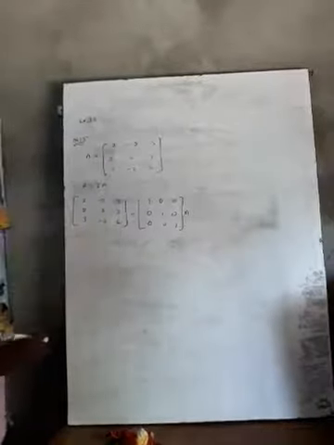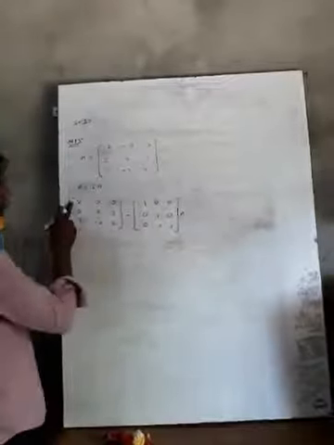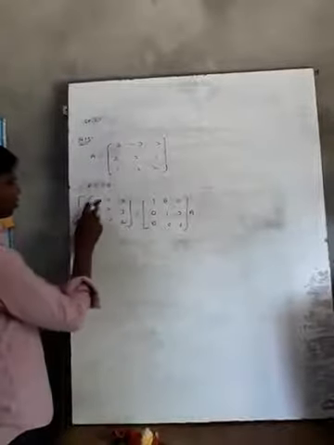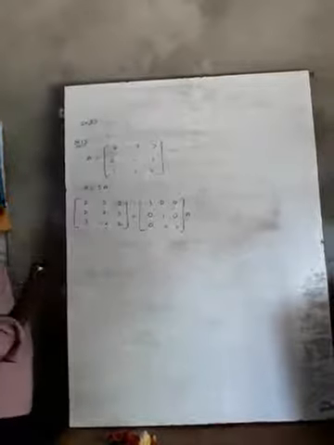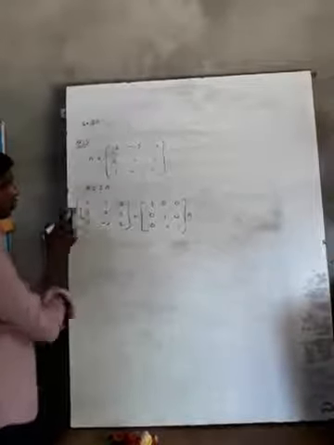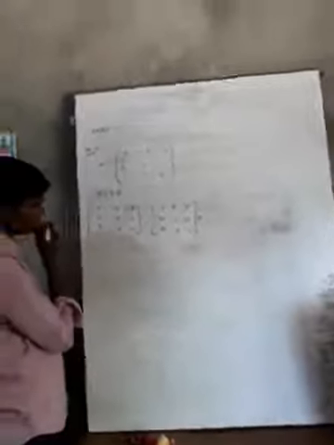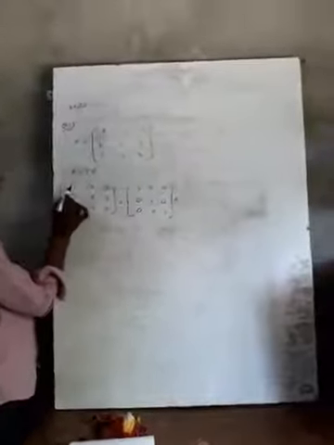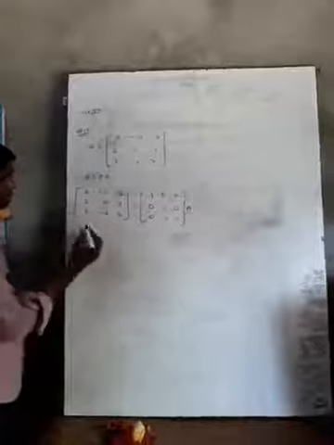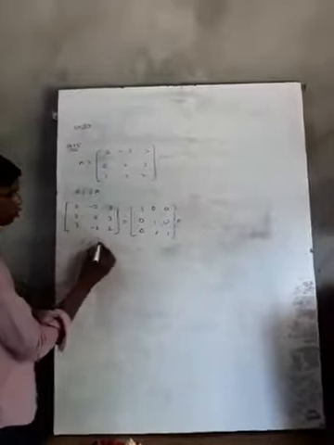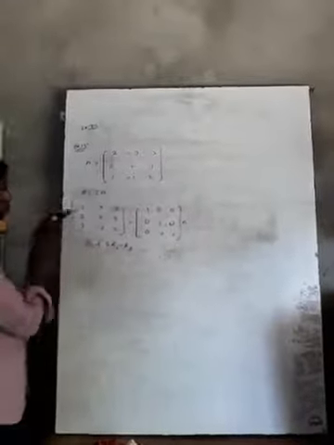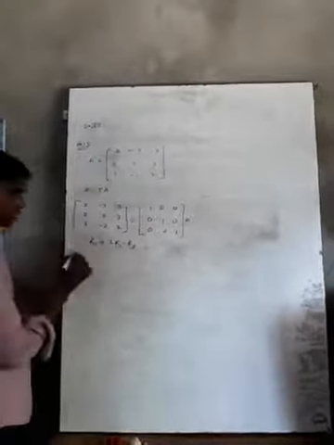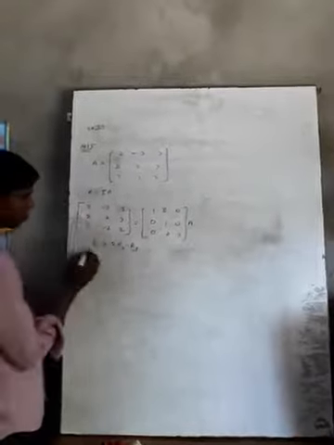Now here we need the identity matrix. Identity matrix means 1 0 0, 0 1 0, 0 0 1. Here we need 1. Here we need 1. So how will 1 come? When we multiply R1 by 2, then we subtract R3, meaning we are going to change R1 as 2R1 minus R3. 2 into 2 will come, 4 minus 3 equal to 1 will come here. So we can apply the same method. 2 into 2 minus 3, 1.